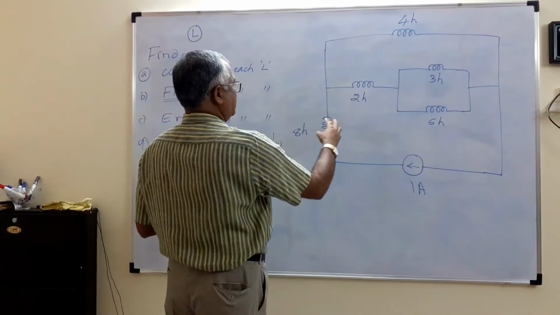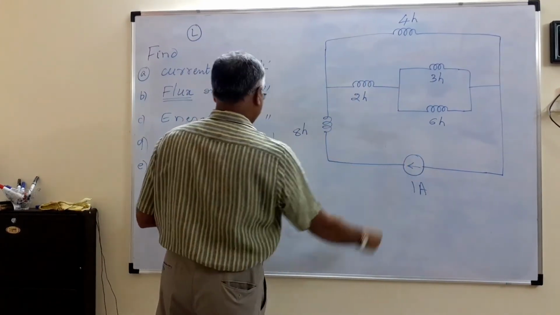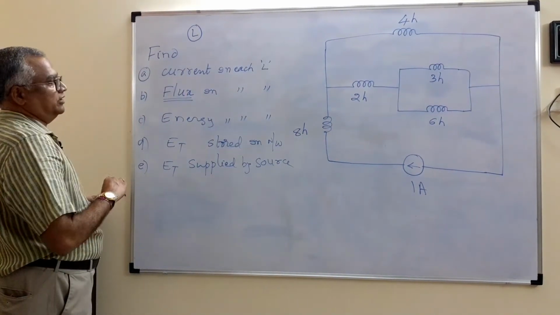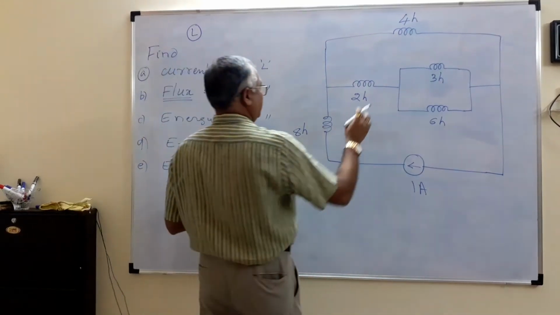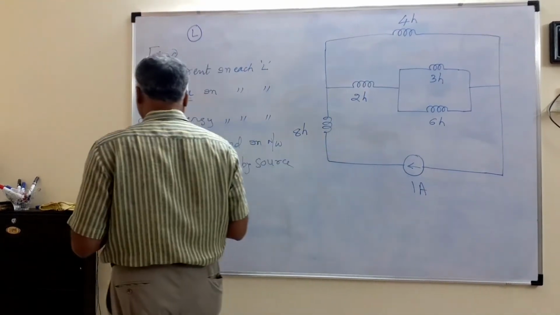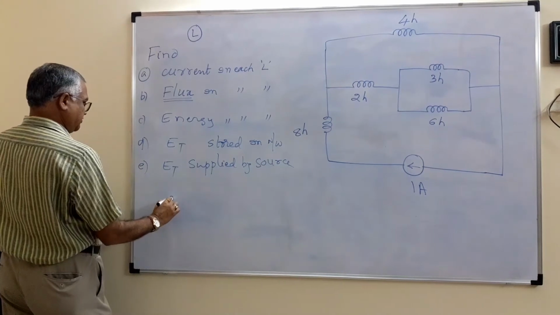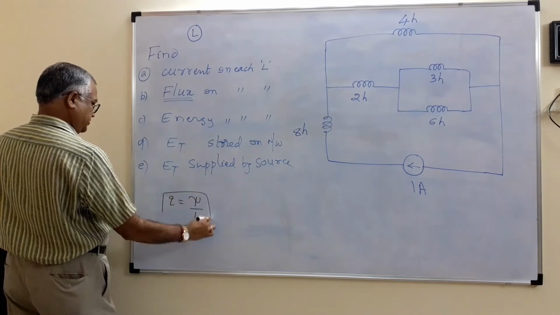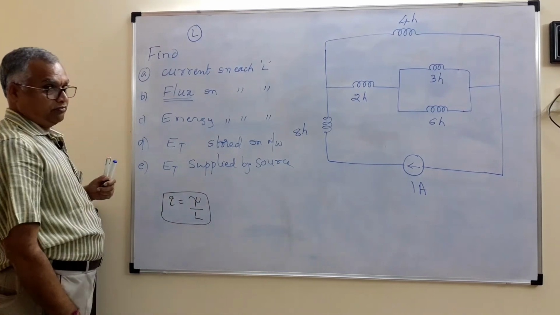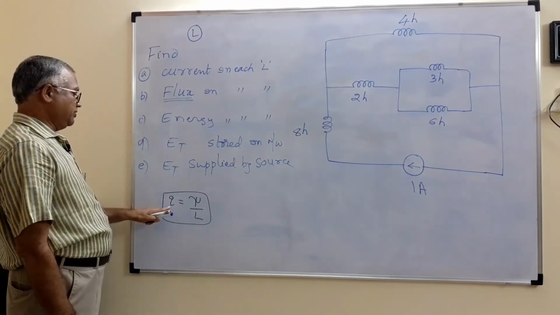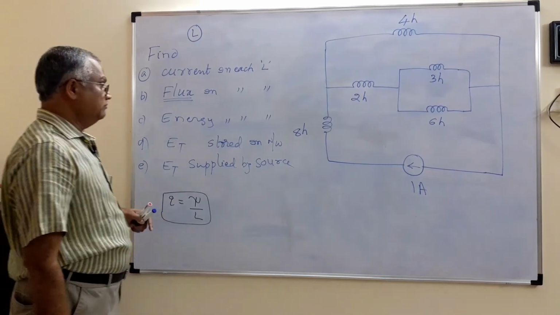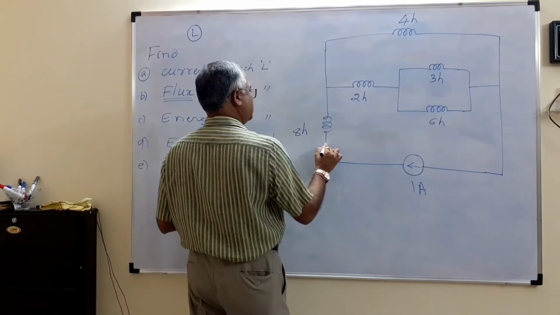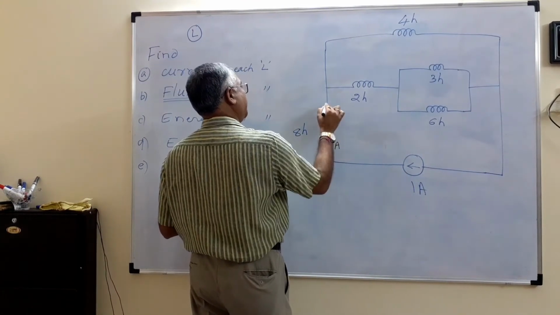Now same structure, numericals different, but here current source. So let us start with current in each inductor. Whenever we are dealing with an inductor, what is the important formula you should remember? I is equal to psi by L. This is the basic formula. All formulas we have discussed earlier, you remember. So find current. This is giving how much current? 1 ampere. What is the current here? 1 ampere. After the inductor also the same.